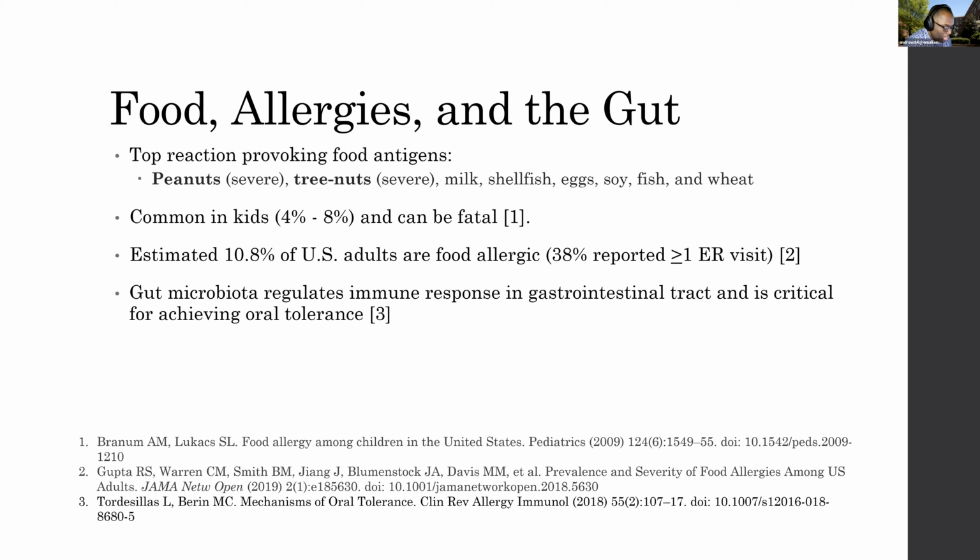And so some of the immune training that goes on happens directly in the gut. The gut is loaded with immune cells. And so the intestinal microbiota may be really important for regulating this. So maybe there's something in the early gut that helps protect or make one more susceptible to developing food